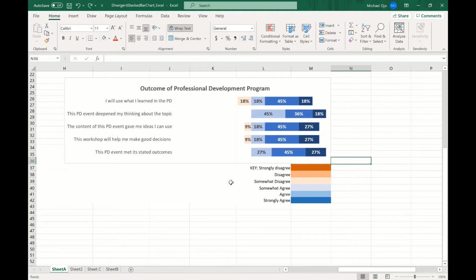So today I'm going to share with you how to develop divergent stacked bar charts using Excel from scratch. I mean from the data sets. Usually you use divergent stacked bar charts to represent survey responses where opinions among respondents tend towards two different, opposite directions. So maybe participants liked something or they disliked an event, or maybe their opinion about something is too bad or too good.